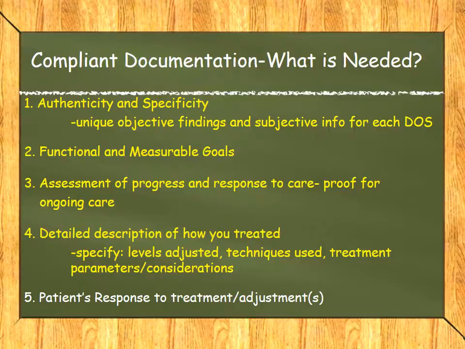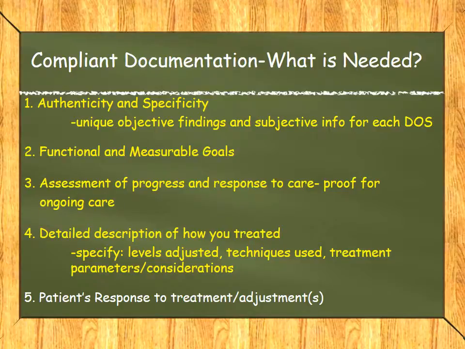It's not enough just to say, for example, patient has a short leg. You need to document how much it is short, okay? And how much it is short on the post check. Do you notice any changes? I do 21st century chiropractic called Activator Methods, okay? So not only do we document the short leg and how much, but we document position too, how much it varies,